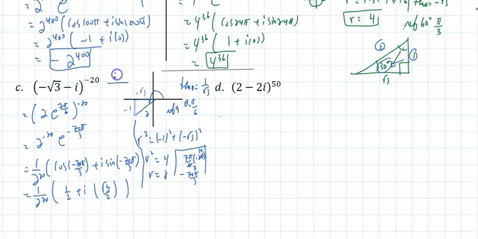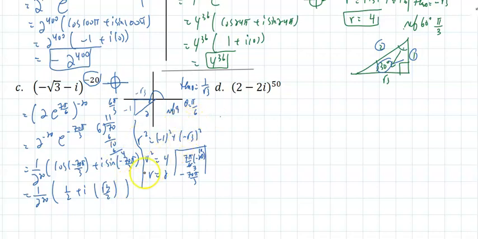Pi over 3, if I start looking again, it seems to be a lot of work, but it's a lot easier than multiplying this by itself 20 times and dividing by it. So if I go over 3, that is 6 pi over 3. So if I take 70 over 3 and divide by 6, that will tell me how many loops I'm going to run, making that a mixed number. That is 11 full rounds